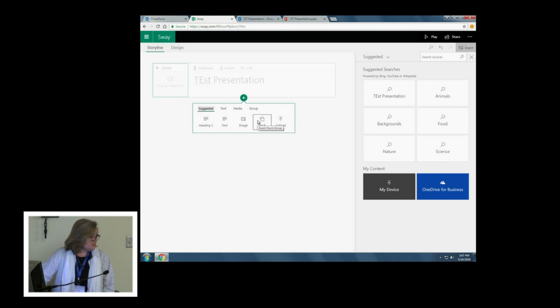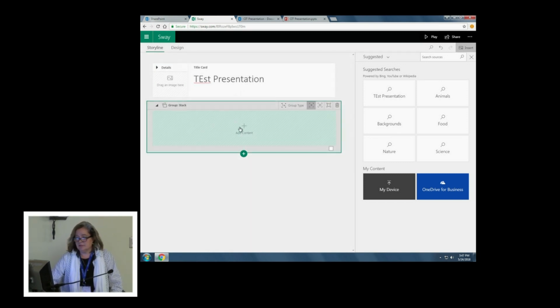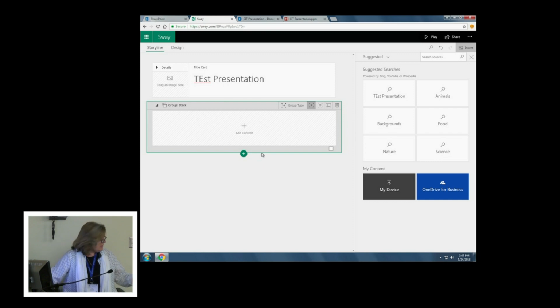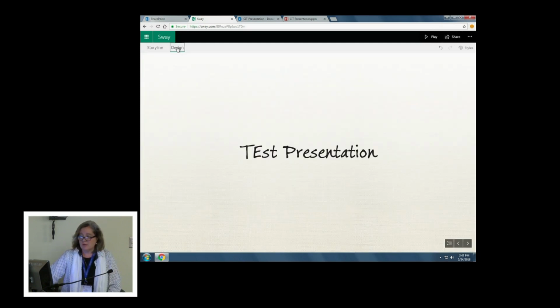To add things, all I have to do is click on this plus sign, and I can add more text, headings, images. I can group these together. So you saw the way Tracy's had things that were in coherent groups. I can add different cards and pictures. And when I've added things, I want to continually play to see what it's looking like. Here, in addition to adding cards, I can change the design of my Sway